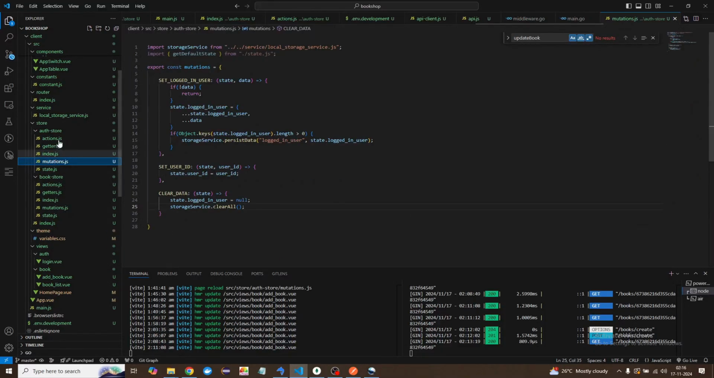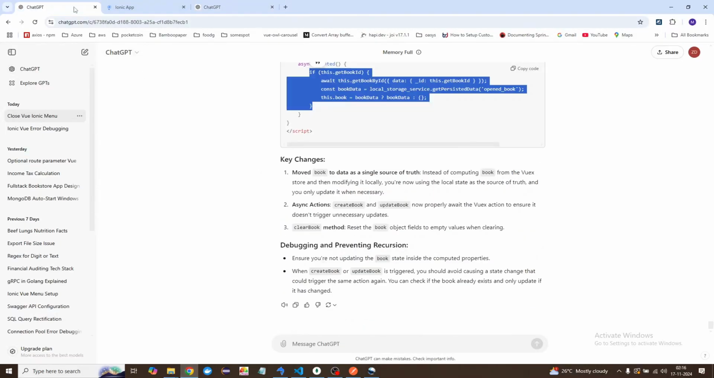mutations in the auth store, and instead of assigning the default state method over there, this time I'm just going to use the individual variable and assign it back to null. That means nothing but the previous state of the application. So I'll just save it, and I'll go back in UI, and here what I'm going to say is,